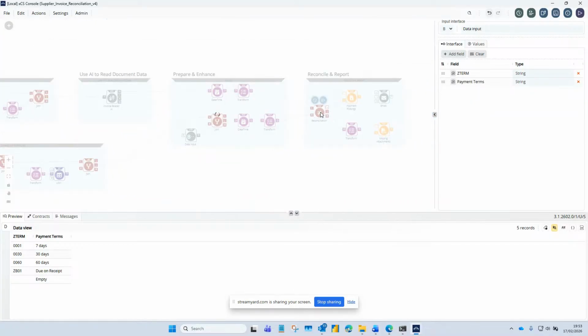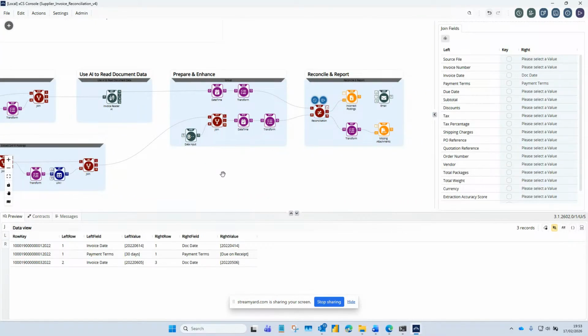And here's where we get to our reconciliation tool. What this will do is, field by field, go through and show me any discrepancies between the 2 different streams. If you remember, I've got my documents coming through from the PDF compared to my financial postings. Invoice date, for example, there's a mismatch between the document and what's posted into SAP. And also for that first supplier invoice, there's a discrepancy on the payment terms between what was in the